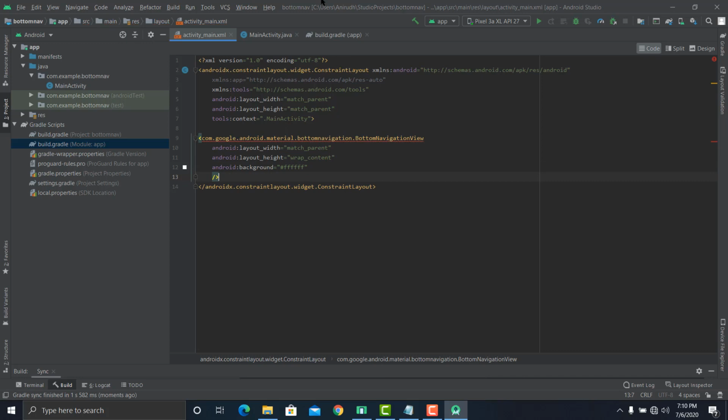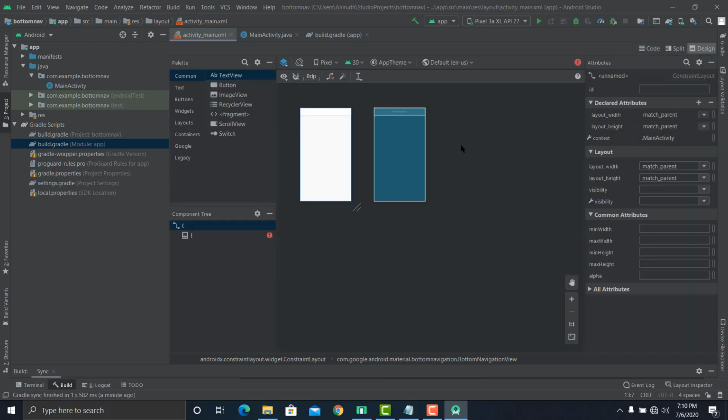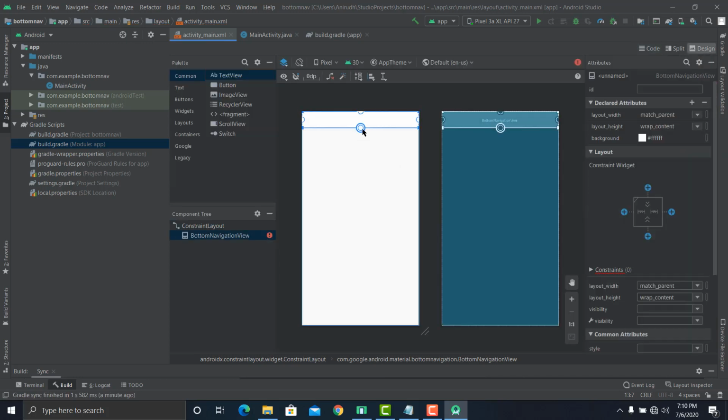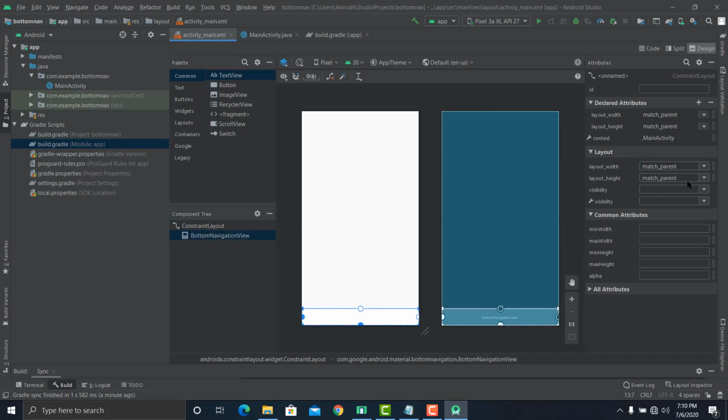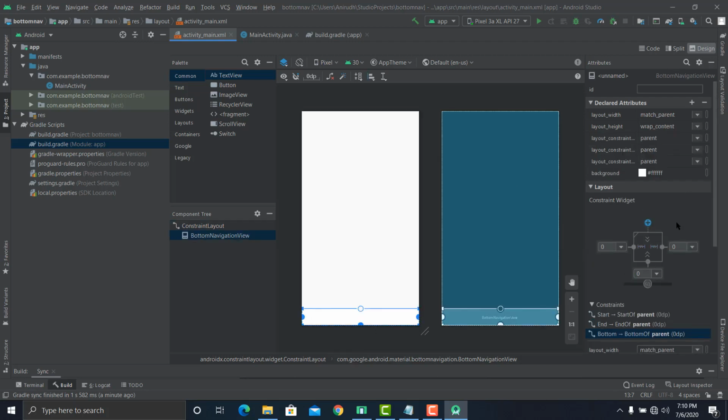Let's go back to design and give it constraints because we are working with a constraint layout. And let's give it an ID, navigation bottom nav.